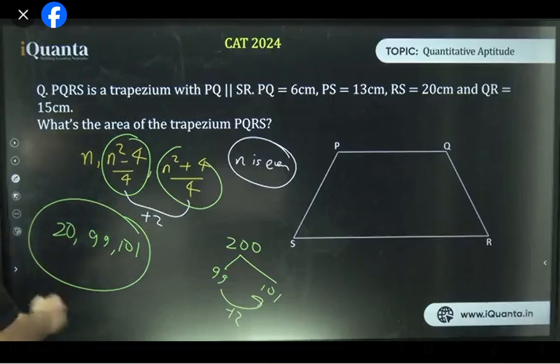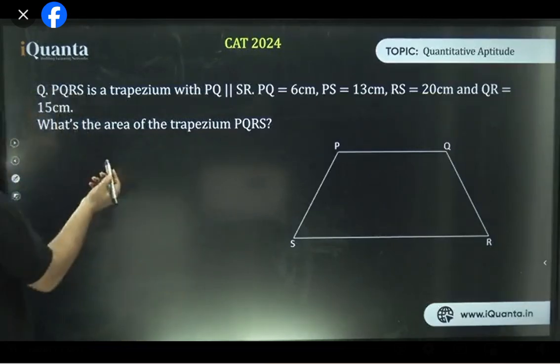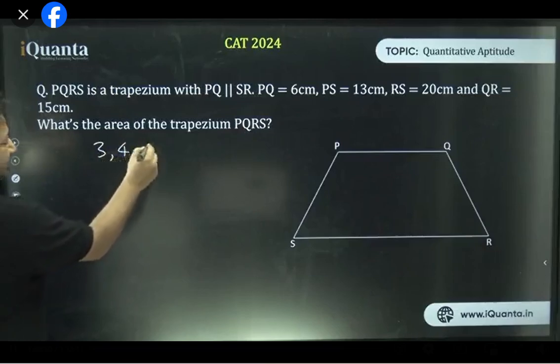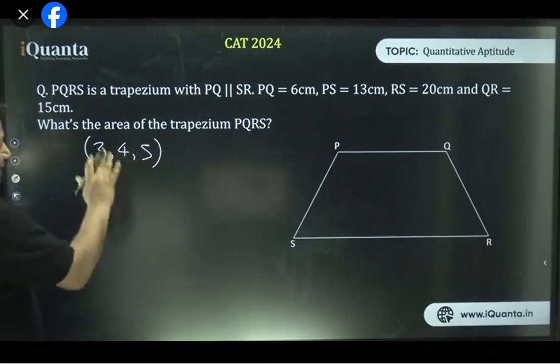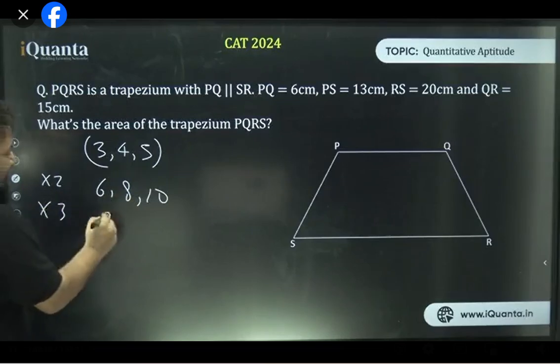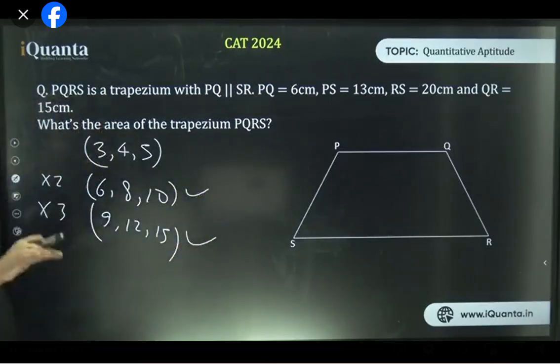Yeah, when the hypotenuse is 15, of course. So when hypotenuse is 15, what's going to happen? See, there's some hypotenuses which are derived from any triplet. They are not true triplets. Okay, so 3, 4, 5. This is a pure triplet, and any multiple of it, let's say second multiple, will be 6, 8, 10. Third multiple will be 9, 12, and 15.